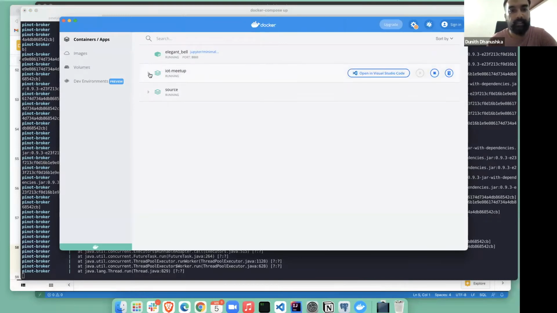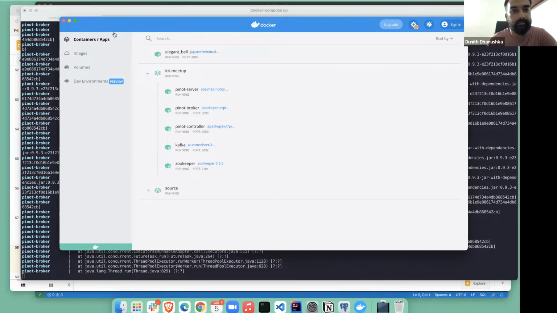Here I have this Pinot cluster up and running. Pinot is a distributed system composed of multiple components. First we have Zookeeper, also Kafka, and then we have Pinot controller, broker, and server.